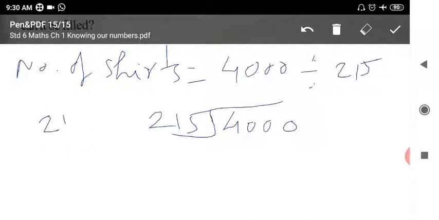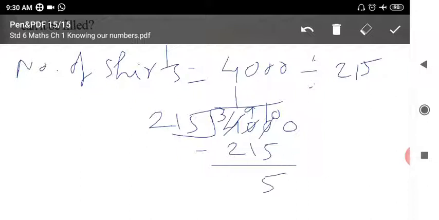215 ones are 215. Okay. Now we will do subtract. 0 minus 5 is not possible, and in tens place also 0. So you cut this 4, it becomes 3. First 0 becomes 9, and this one becomes 10. Now 10 minus 5, 5, 9 minus 1, 8, and 3 minus 2, 1. Now this 0 comes down. Here is a 3-digit number, here also 3. But 185 is less than 215, no? That is why we have to take the next 0 down here.